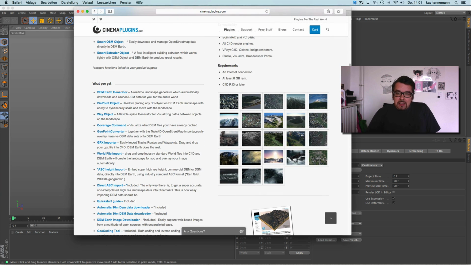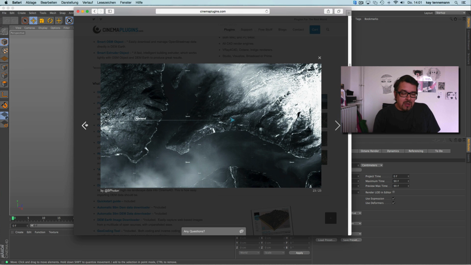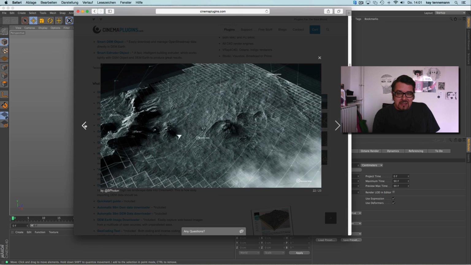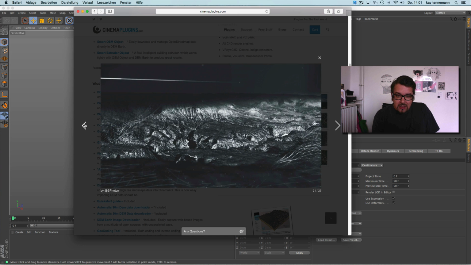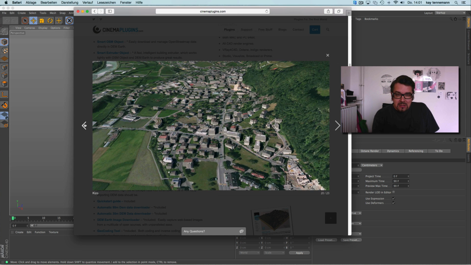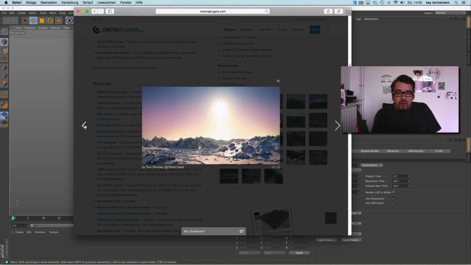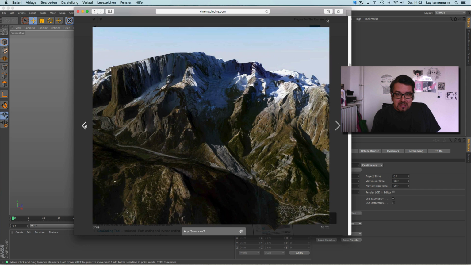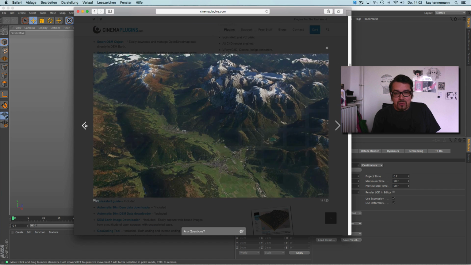You can see here some example pictures from some artists, and it's very interesting because this is exactly what I need for the job. We have locations with a geographically correct environment, and the whole thing is in DEM Earth just a few mouse clicks away.